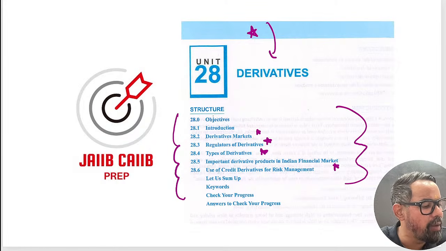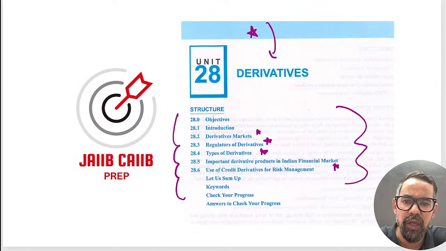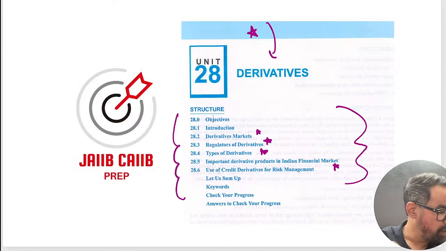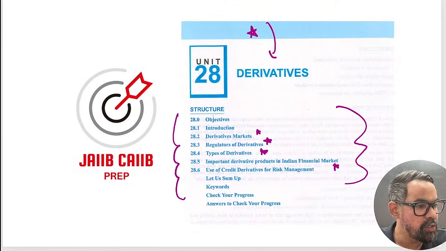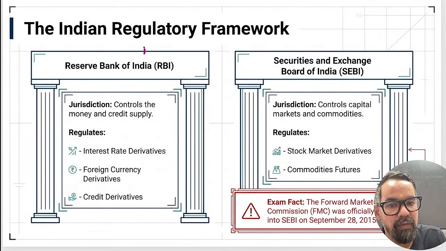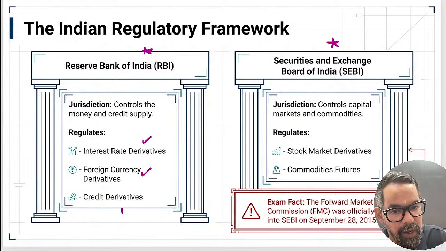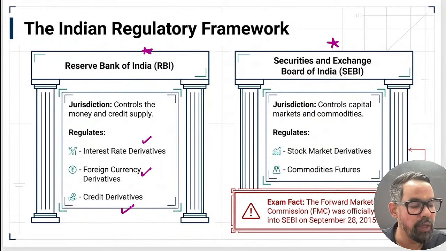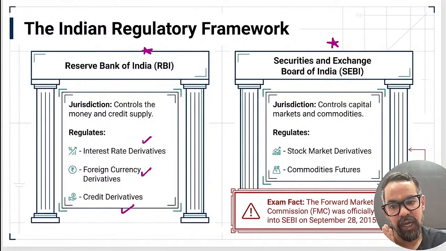Is there any question in INIFS based on derivatives? If no, this is highly recommended because you'll definitely see questions around derivatives. If yes, then the chances are 50-50. Sushil sir and others who went through INIFS, was there any question based on derivatives? When it comes to regulation, we have two regulators, mostly RBI and SEBI, but RBI generally regulates interest rate derivatives, foreign currency derivatives, and credit derivatives. No? Okay, so if no, they'll definitely ask questions around this one.